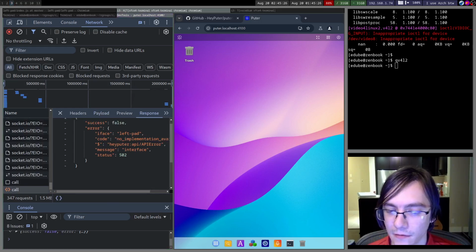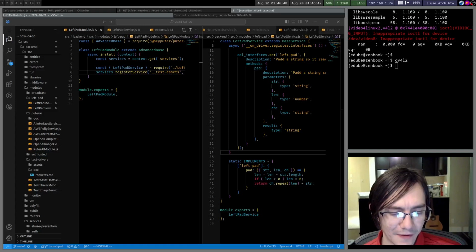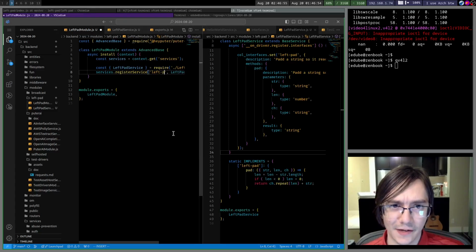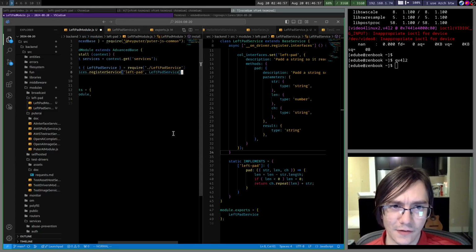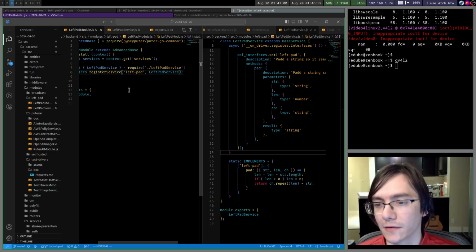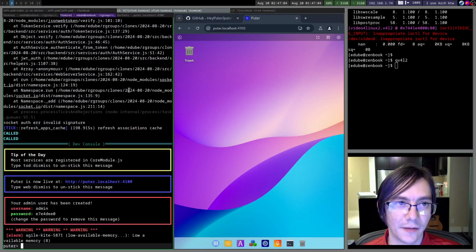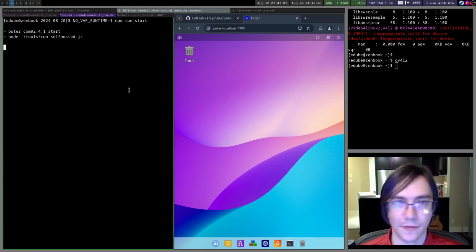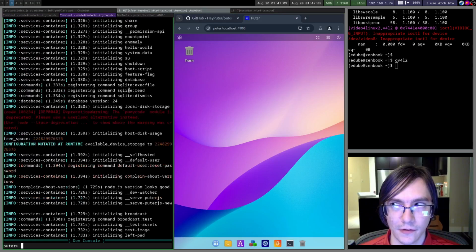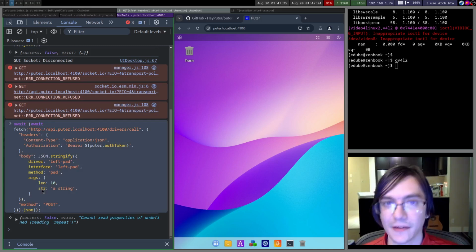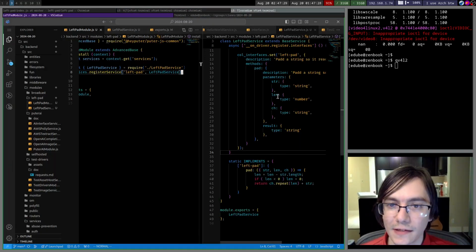I wonder why. There's one more thing I forgot to do in here. I made a mistake. This is test assets. That's what I copied. But the actual name of the service should be left pad. That's going to be the thing that we put in the driver parameter in inspect element. So now if I reload the server and I try that again, now it says we can't read properties of undefined repeat. That's probably because my argument name is not the same as what I put there. And we can see indeed that